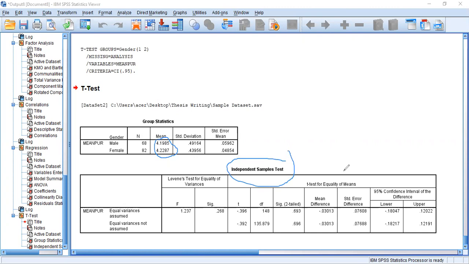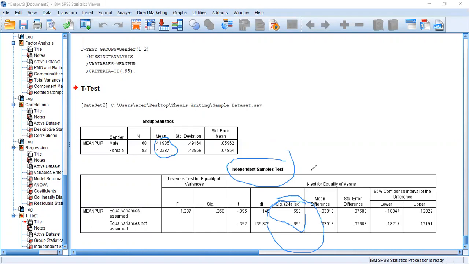Now you can see under that sig value. Since the sig value is more than 0.05, this indicates the difference of purchase intention between male and female is not statistically significant.